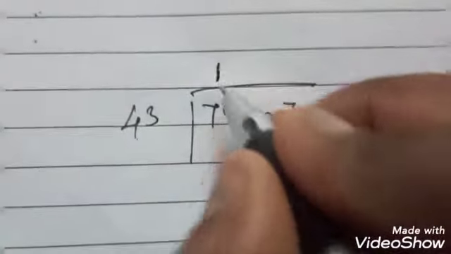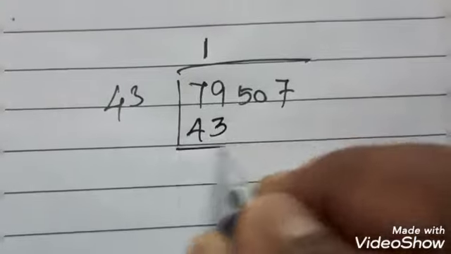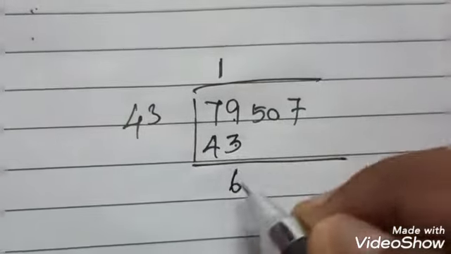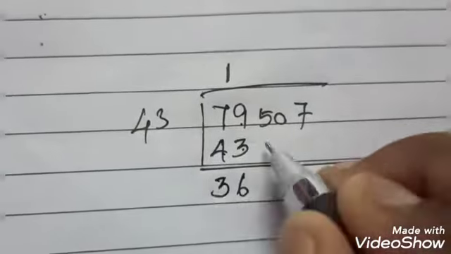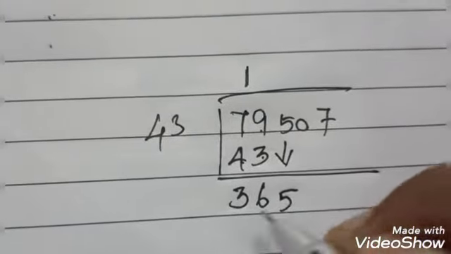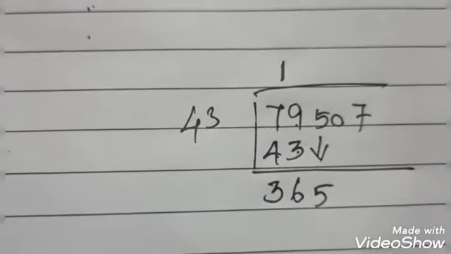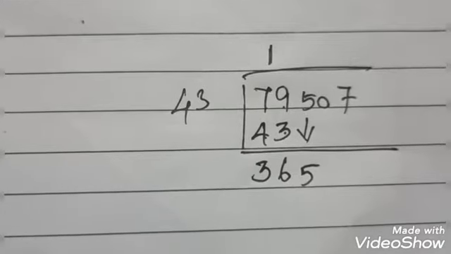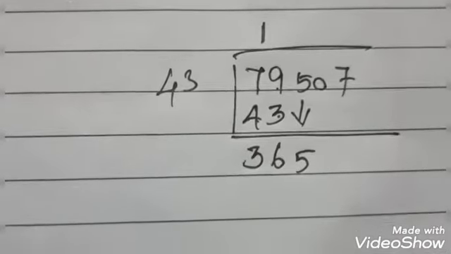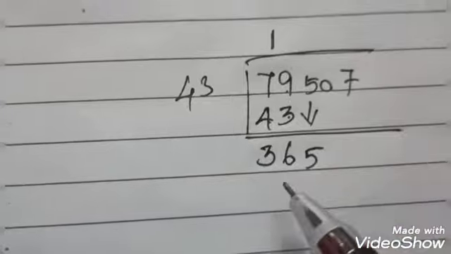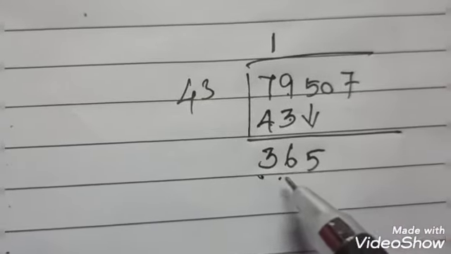So 1 time. Now we subtract: 9 minus 3 is 6, and 3. Then we take down the 5 and you get 365. Just multiply the tens digit with other numbers: 4 4s are 16, 5 4s are 20, 6 4s are 24, 8 4s are 32, 9 4s are 36. So 9 gives exactly 36.